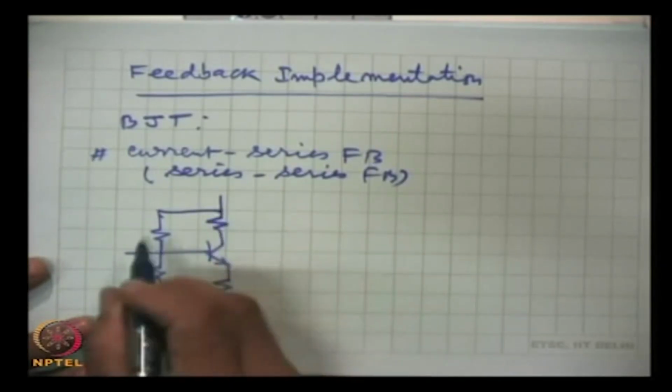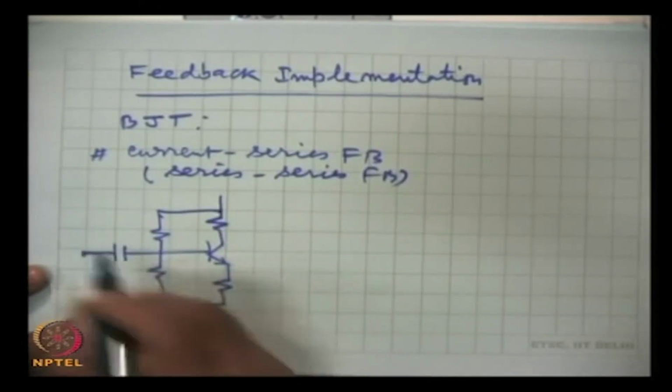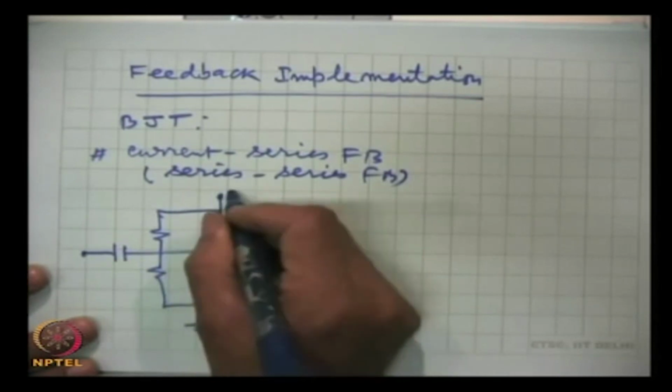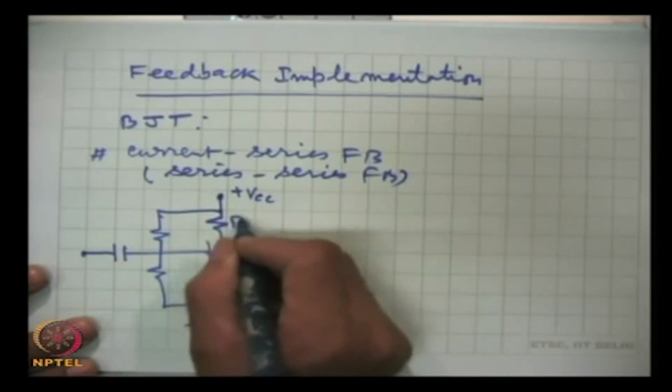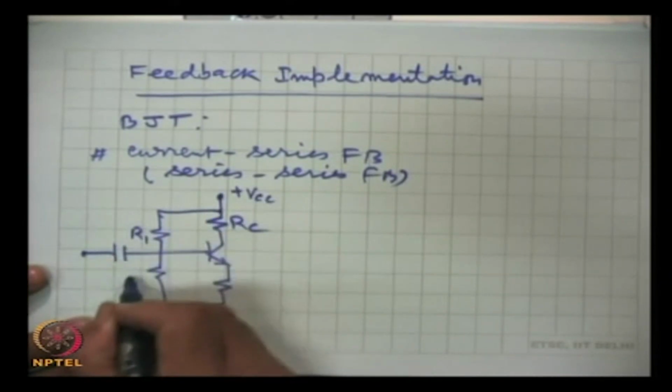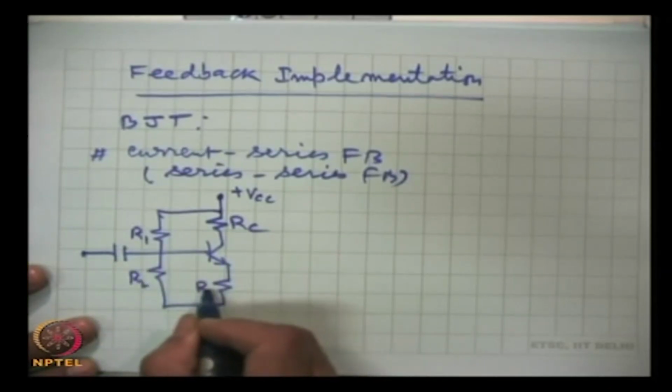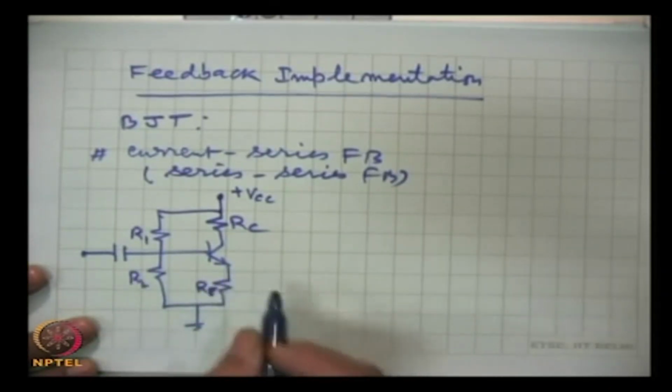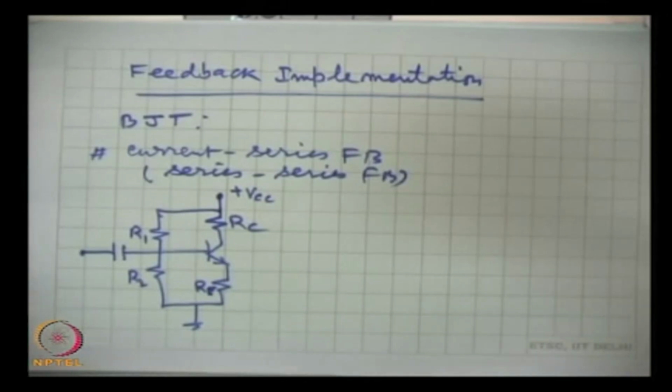This is the circuit. This is RC, R1, R2, RE. You remember this circuit when we talked about the biasing methods of a transistor. In an amplifier, the emitter junction has to be forward biased, collector junction has to be reverse biased, no matter